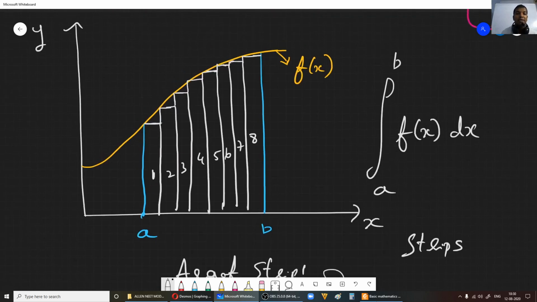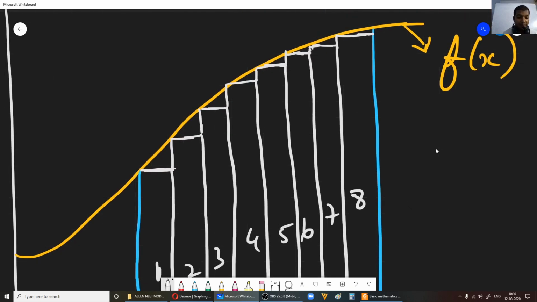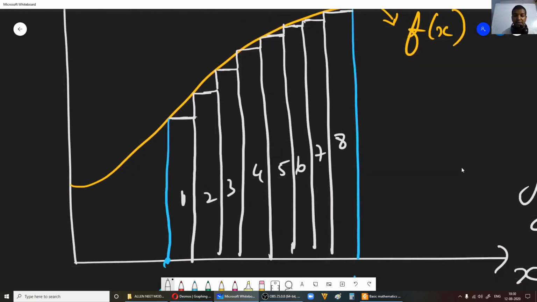Actually no, the reason is, here we are missing out a few areas. See, this area we are missing. Now try to understand, if the actual area is, say, for example 8 centimeter square, the area we calculate, area of strip 1 plus area of strip 2 up to area of strip 8, will definitely be less than 8 centimeter square. What is the reason? We are missing out this much area. This area is lost, this much is lost, like that.